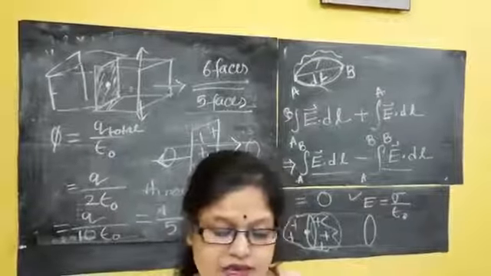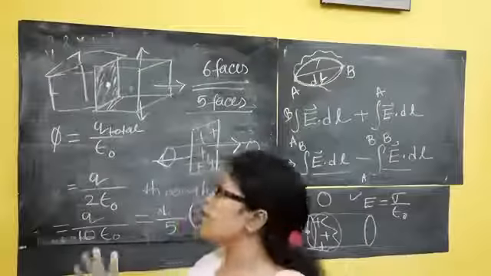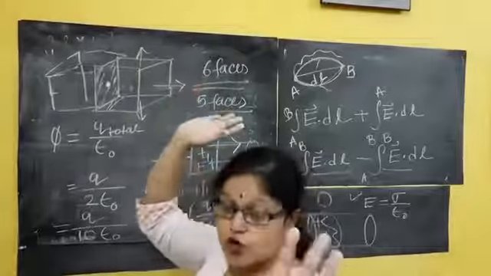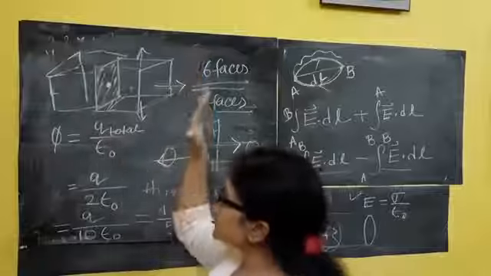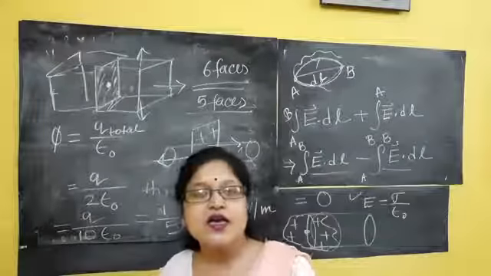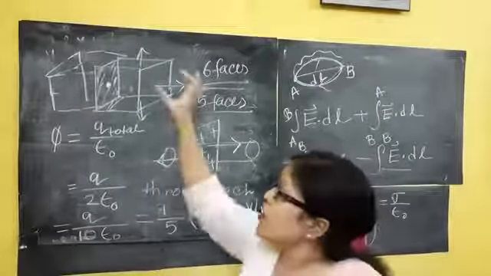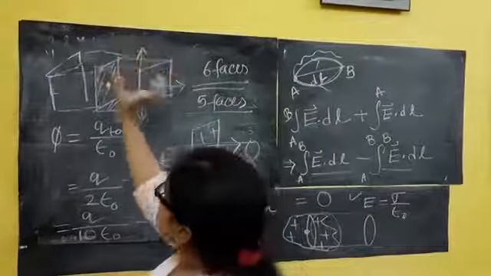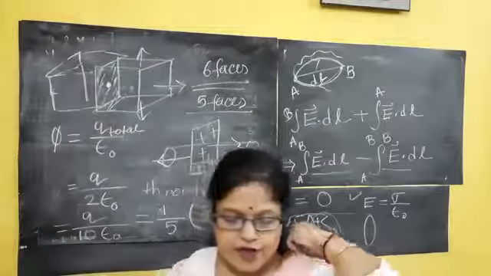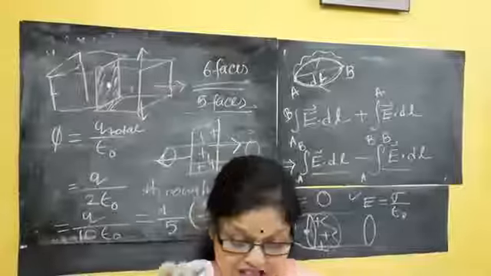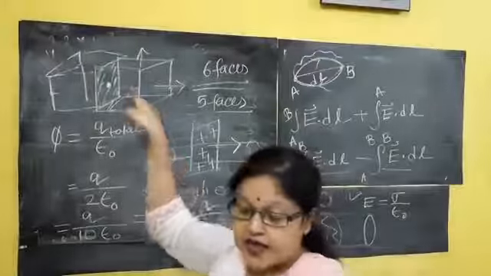The same type of problem we are having in question number 17. See, in question number 17 it is given, suppose a cube contains 8 electric dipoles. So question number 17, I am coming to question number 15, but same type of formula, that's why I am telling. So suppose I am having a cube, it has how many surfaces? It has 6 faces. And suppose it has 8 electric dipoles. 1, 2, 3, 4, 5, 6, 7, 8. 8 electric dipoles they had given there. So a charge q placed inside the cube, at the center, here at the center it has been placed.